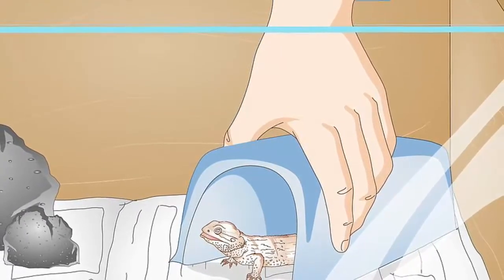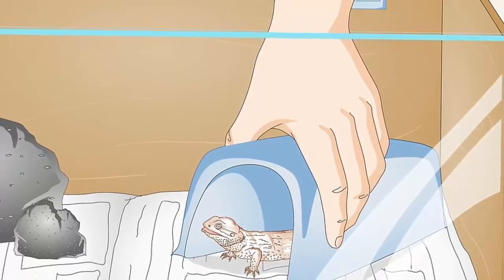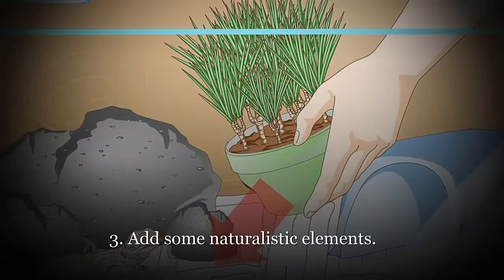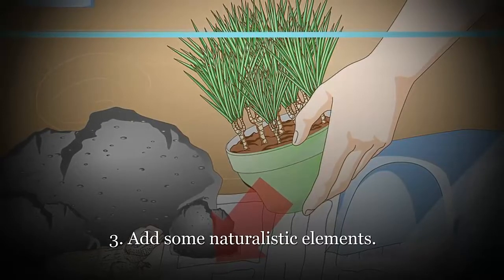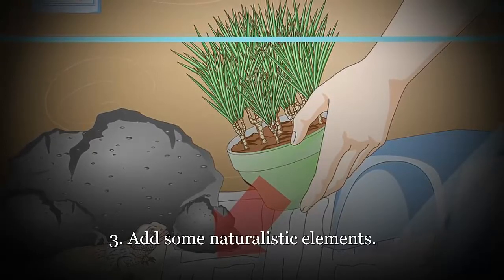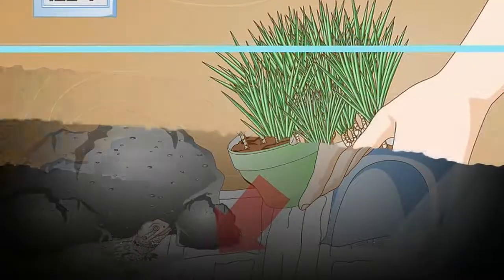Add some naturalistic elements. Give your tank a natural look by adding things like plastic cacti or flowers. You could also use real plants like Dracaena, Ficus benjamina, and hibiscus. If you do choose to use live plants, ensure they are non-toxic and have not been treated with biocides. Wash them thoroughly with the water spray and water them for a few weeks before introducing them into the tank